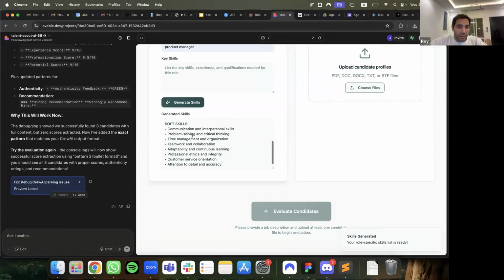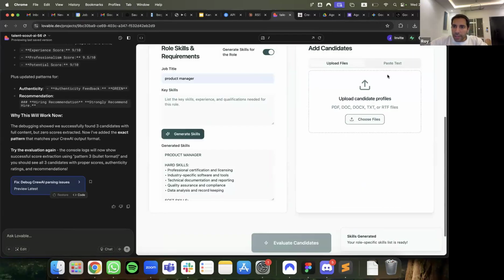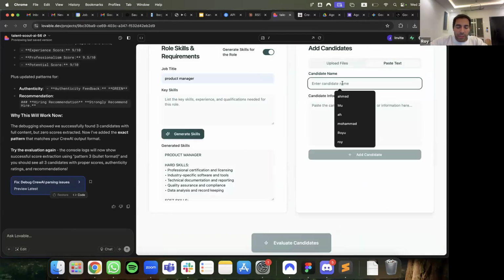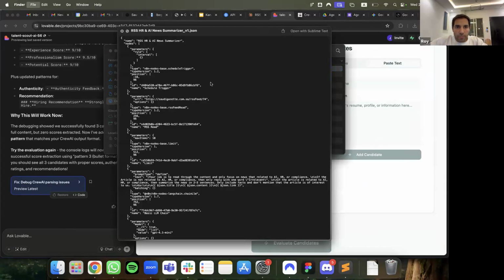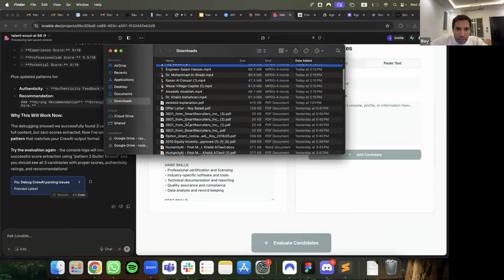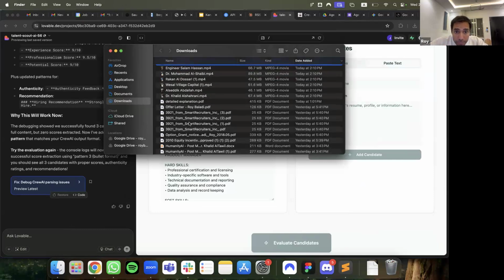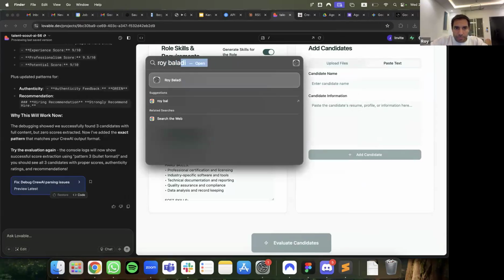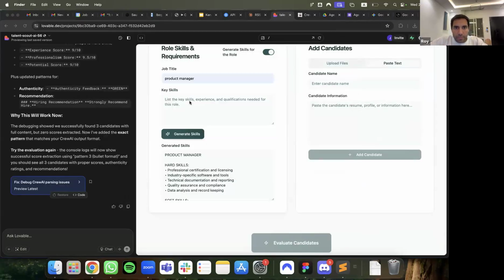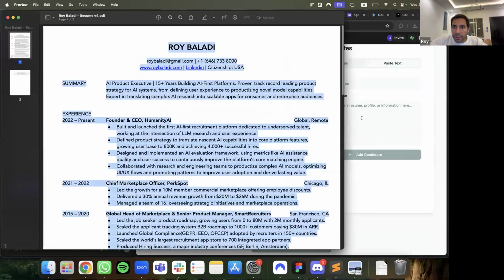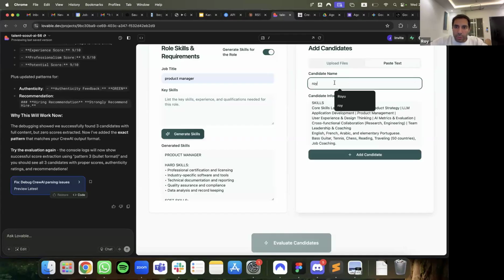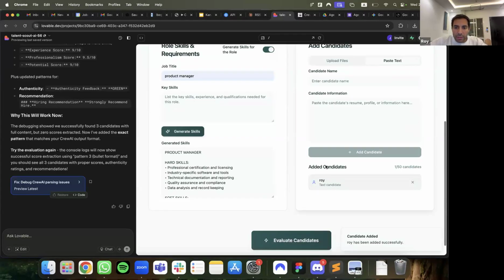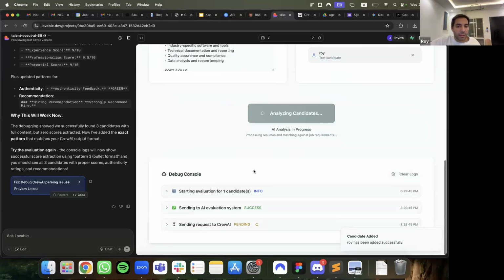It created all of these skills for a particular job. And I say, paste text, put in a particular candidate profile. I'm just going to put myself. I take my info, paste it here, candidate name Roy. I hit add candidate, and I say evaluate candidate.